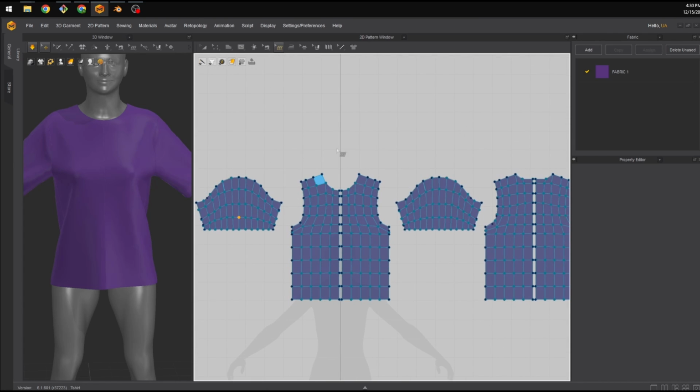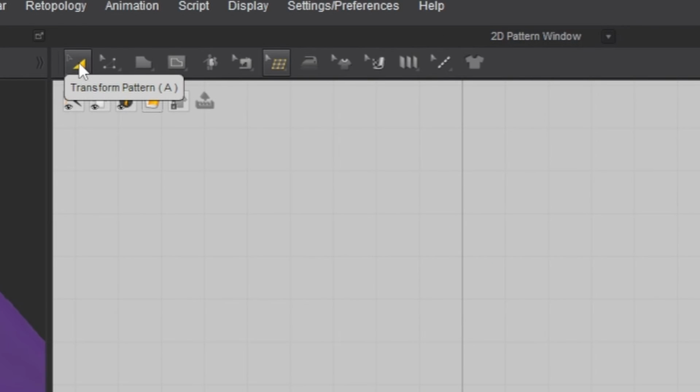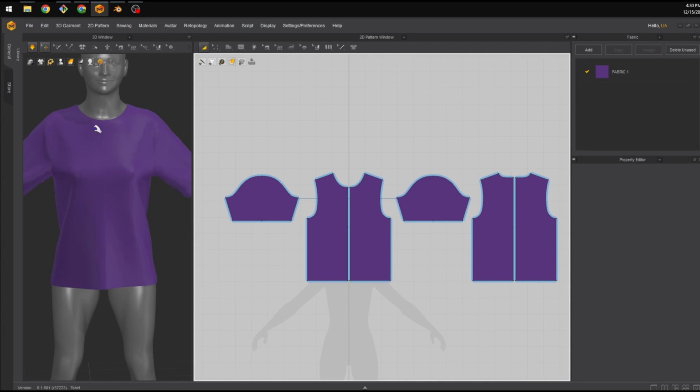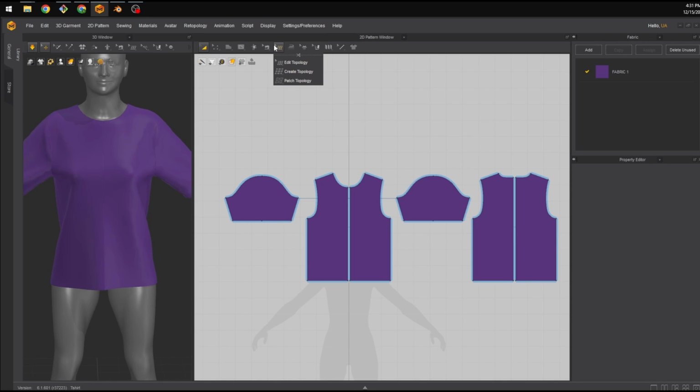I have all the mesh with the retopology, but keep in mind that it is still not done, because if I go to the transform, I won't be able to see the new topology. I'm still on the old one. So to convert and to create the new topology, I need to do another step. Okay, but before that,